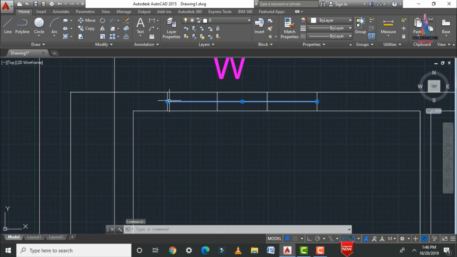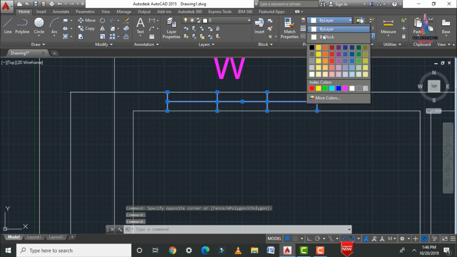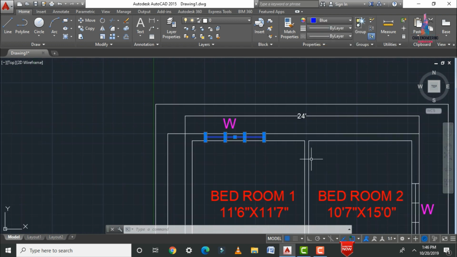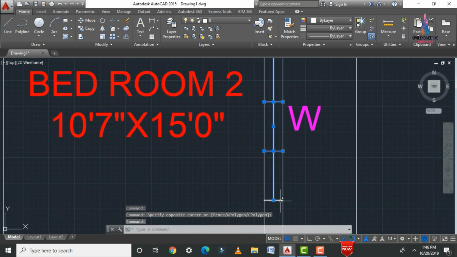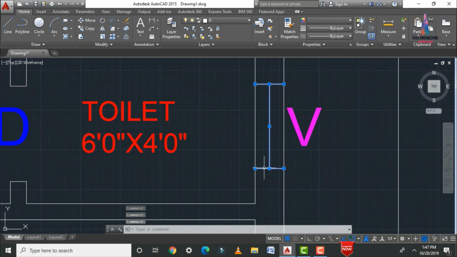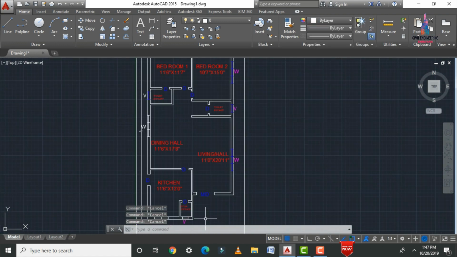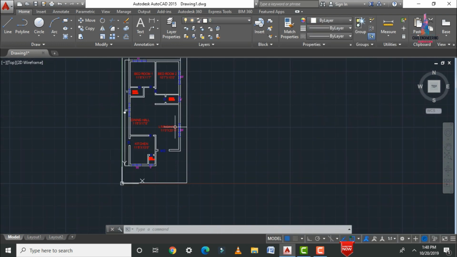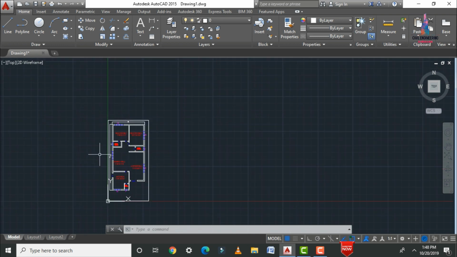After that we need to change the color for the window ventilation sections also. Basically we need to select these lines here. Here I am selecting windows for this line. Again you can select the lines in horizontal and vertical. You can select the layer property here and apply any one of the colors as per your considerations. Here I am selecting blue color. In the same process you can apply the blue color for the remaining portions also. Now you can see all the windows are changed to blue color.